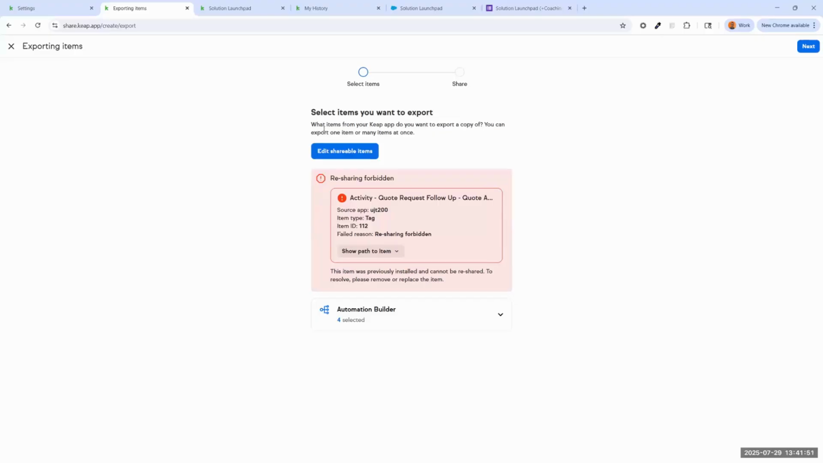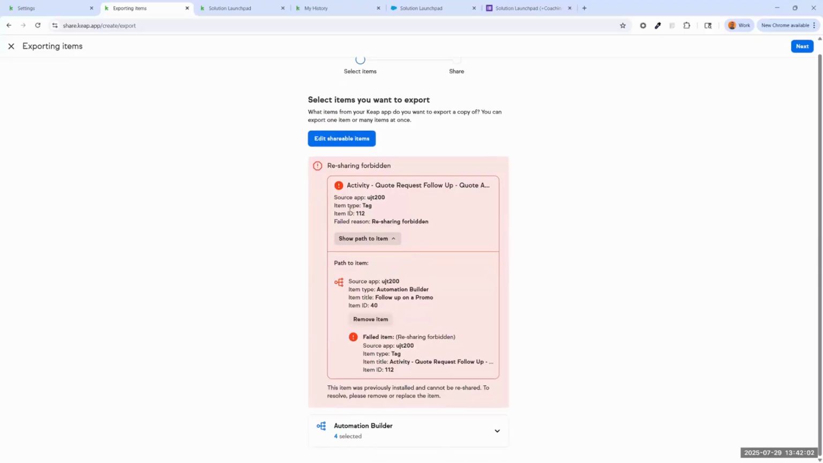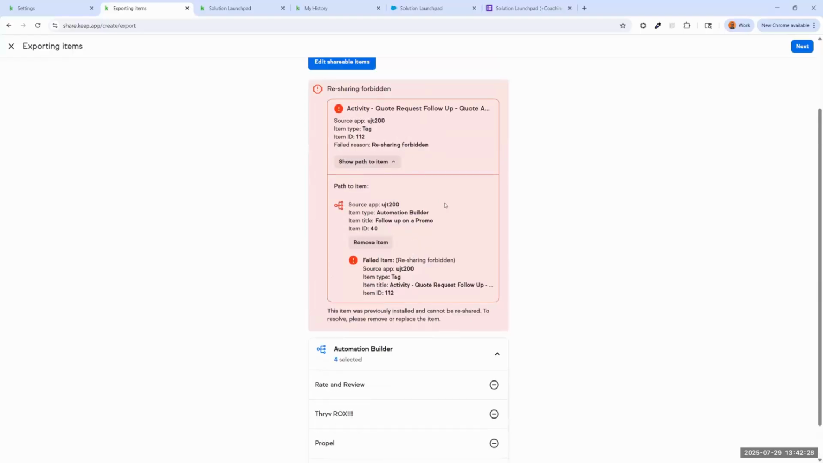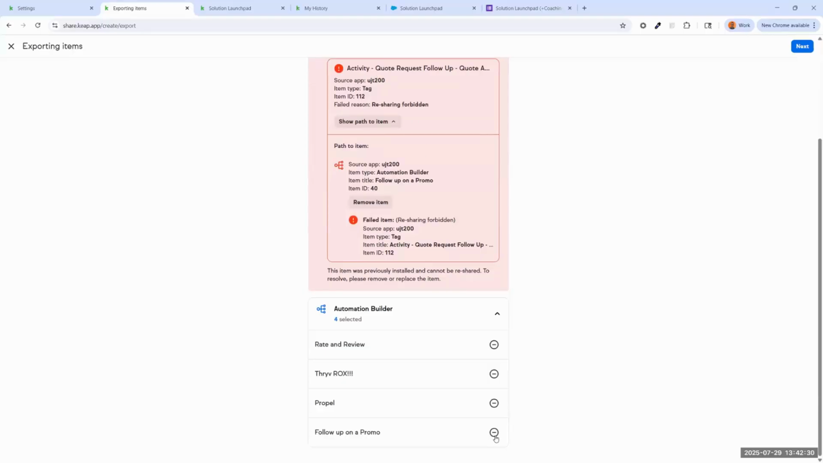This is a wonderful example too. You can see in this particular error message, and you might get an error message, that this item is not shareable. So when I get an error like this, I'm not going to try and figure out what the error is. I'm going to make a note of it, but I'm going to come back here, and it's this follow up on a promo. It doesn't like that. I think it's just that one. So if I take this out